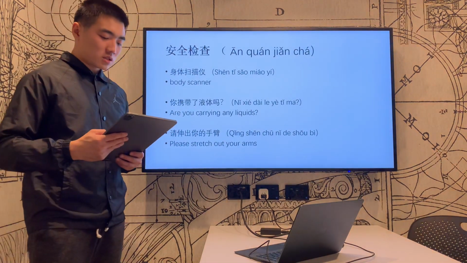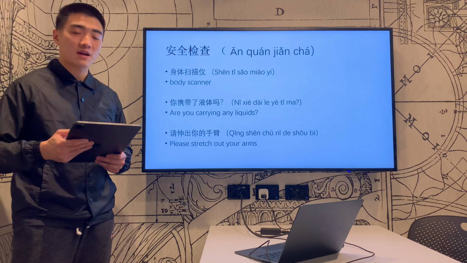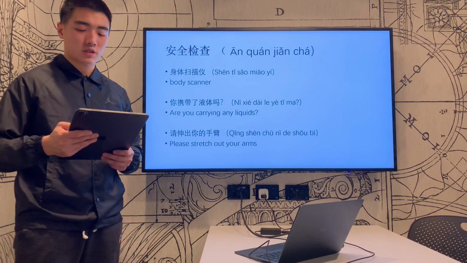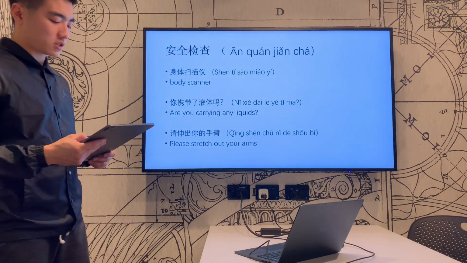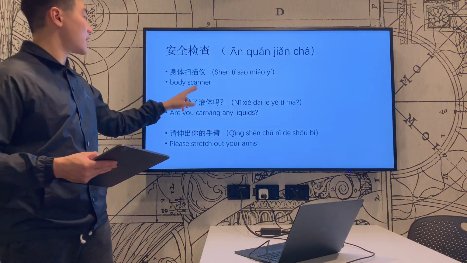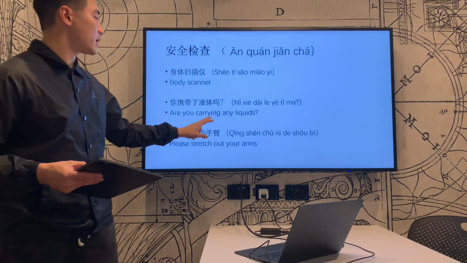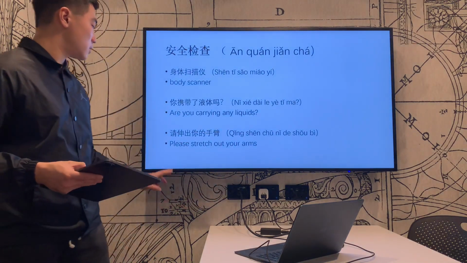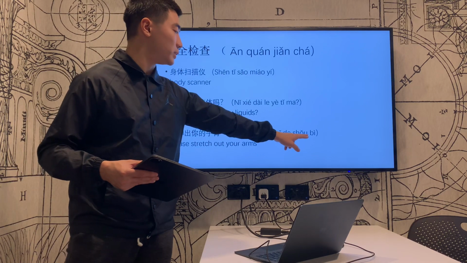The next step is the security check, which requires us to maintain a very high level of attention to communicate with the staff and cooperate with their inspection requirements. These are the requirements that the staff might mention. So first is body scanner. 身体扫描仪。 Are you carrying any liquids? 你携带了液体吗？ Please stretch out your arms. 请伸出你的手臂。